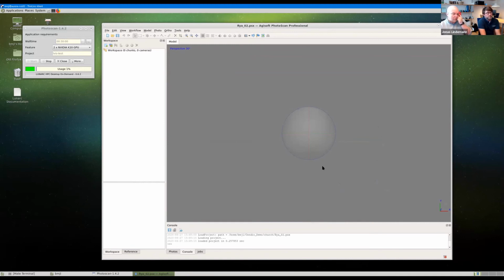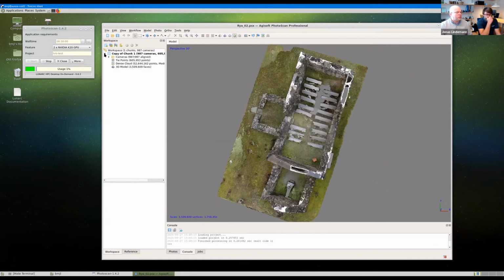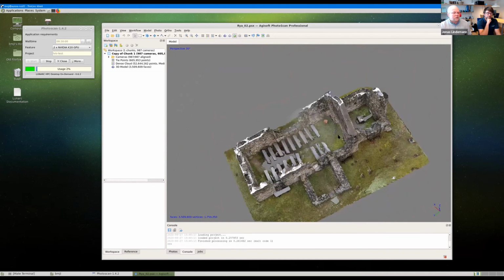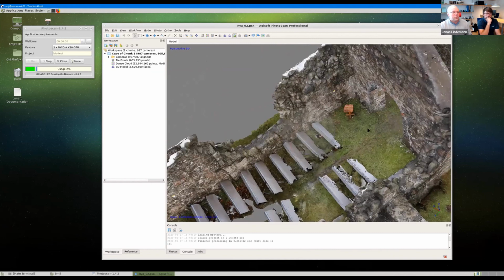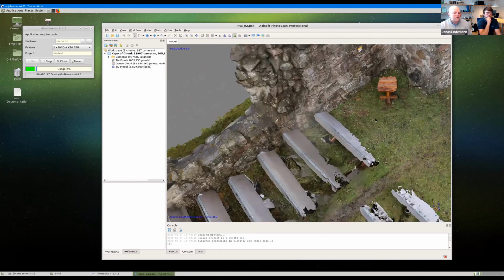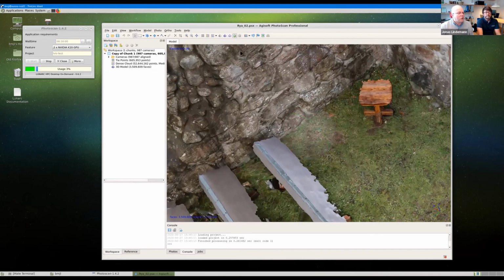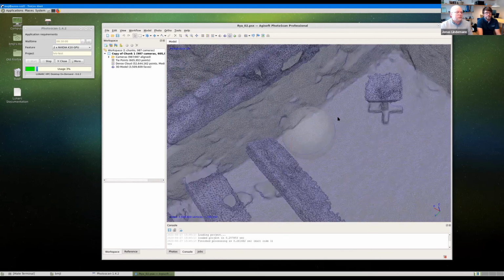Now we are loading. This is a quite large model. If you look here on the left, we see we have 3.5 million faces that are rendered in this model. So now I can rotate this around on the screen, and we can zoom in here to see this very nice textured image. And we can zoom around here. We zoom in a bit just to illustrate how many faces there are. So you can see that there are quite a lot of faces in this model, and we can work with this in real time.